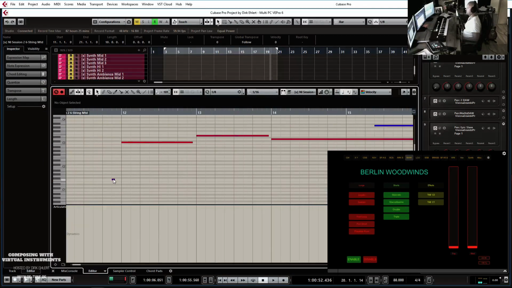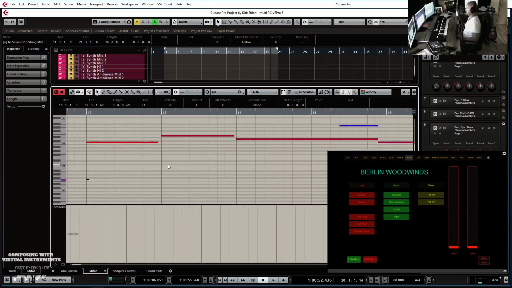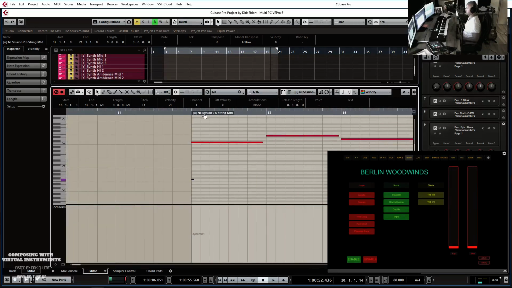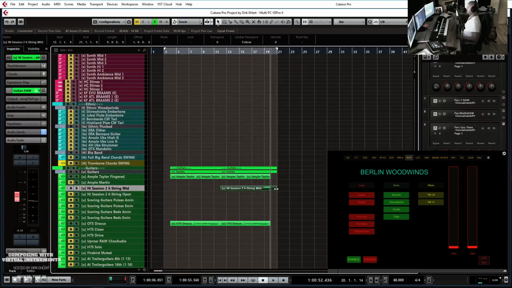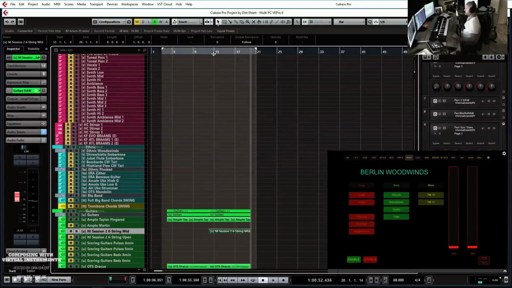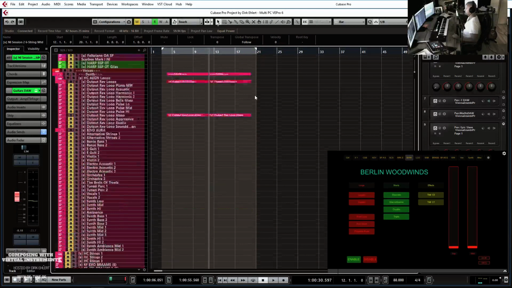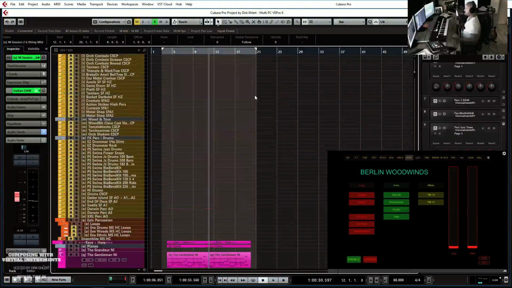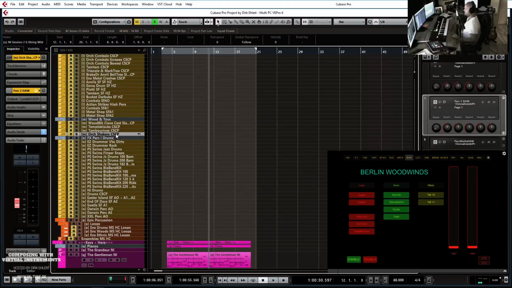This one can be hard quantized because it's loop based, so we definitely want to sit it on the grid. And I feel that we need a shaker here for that second run. So let's go up and look for the actual shaker stuff. Either play them with orchestral shakers, I think I have